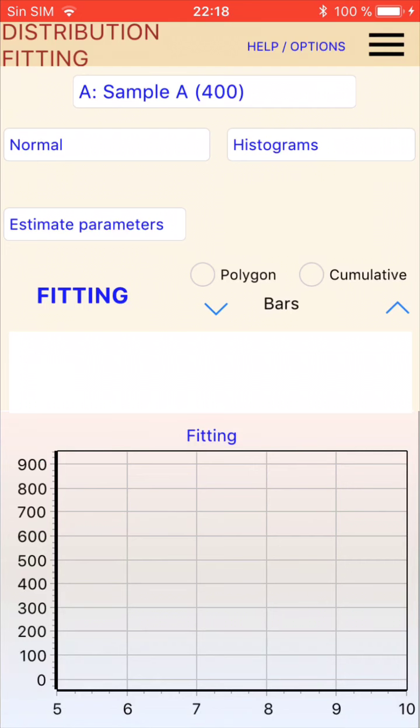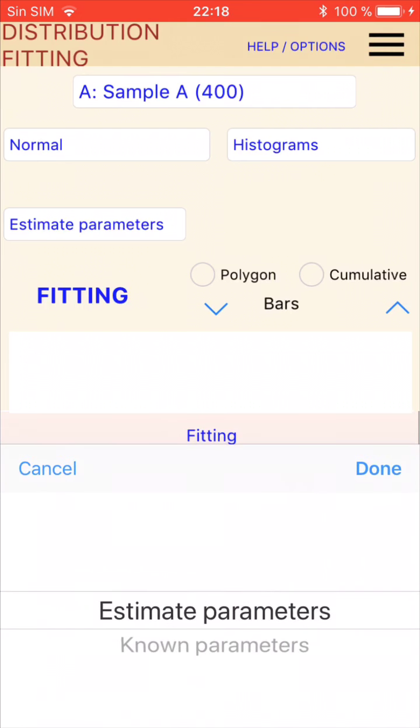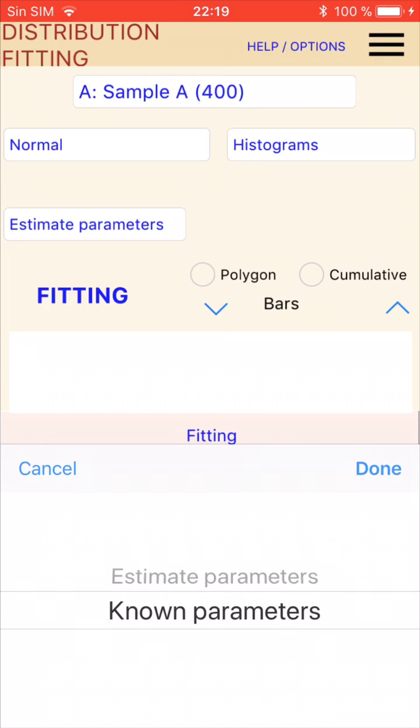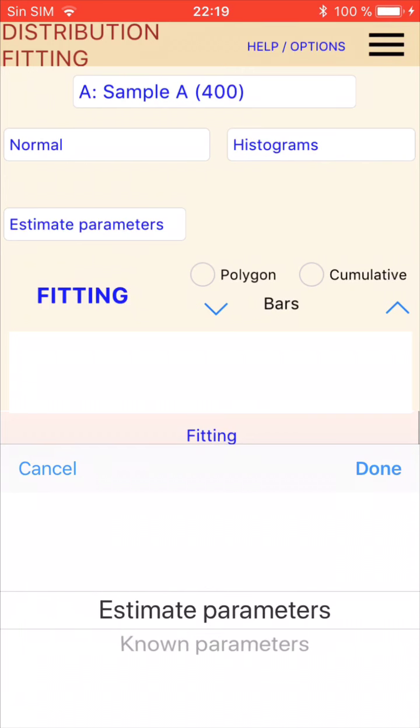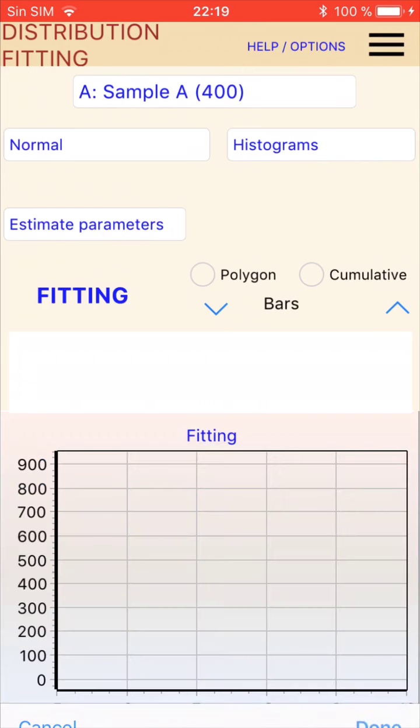And the next menu is where you select if you want StatSuite to find the best parameters, in this case for fitting a normal distribution. So what is the mean and sigma of the best normal that fits the data, or you want to try some parameters, some mean and some sigma. Okay, so let's start with estimating parameters. So now if you click on fitting,